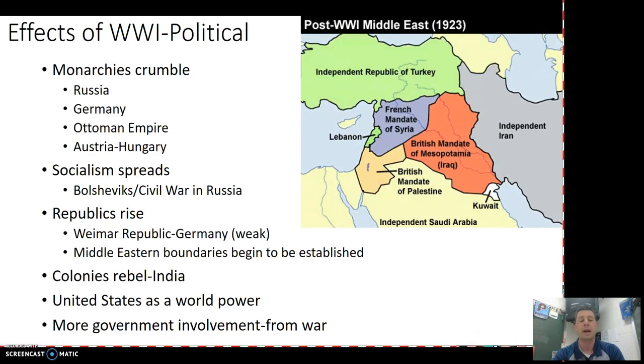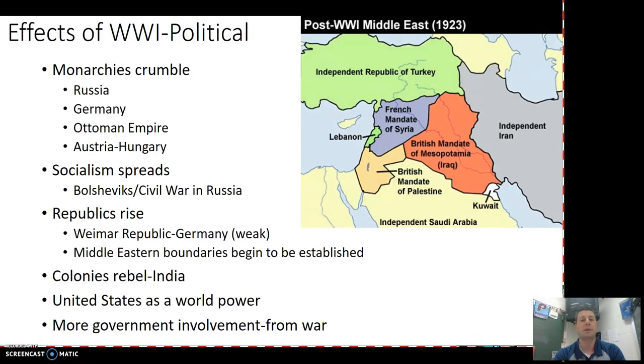Colonies. The colonies go into the peace conference, and there are like 39 different countries represented here. They go into this peace conference thinking we're going to get sovereignty. There's going to be individual sovereignty for all these different nations. That's a big pushing point for Woodrow Wilson. The idea that this war is caused by these larger empires keeping control over large groups of people who do not want to be controlled. The elements of nationalism are too strong. And so for Woodrow Wilson, he's trying to eliminate that.